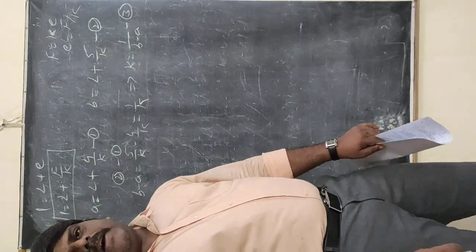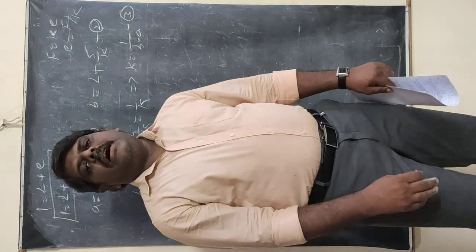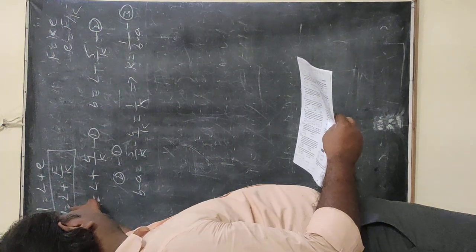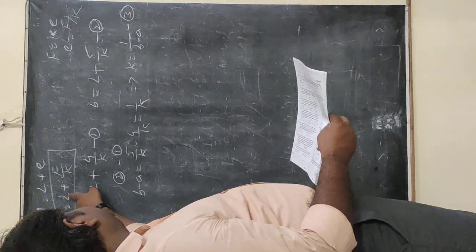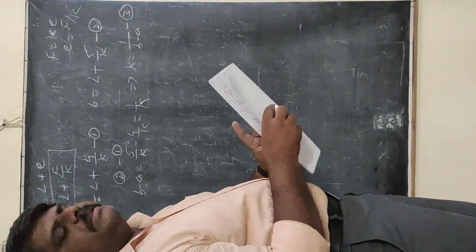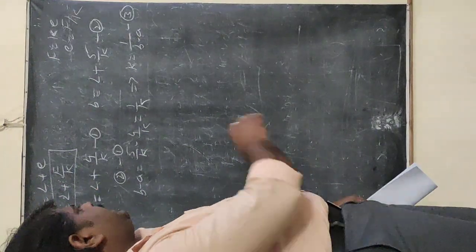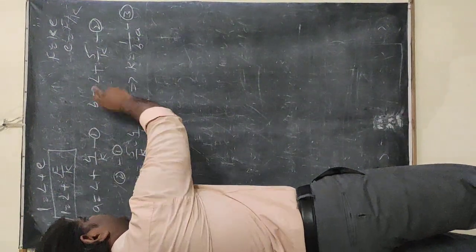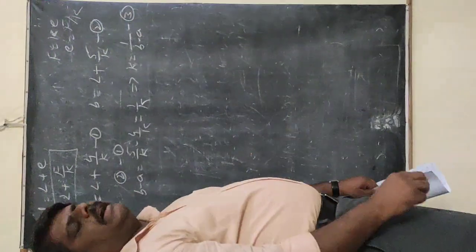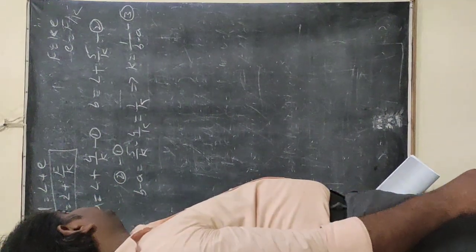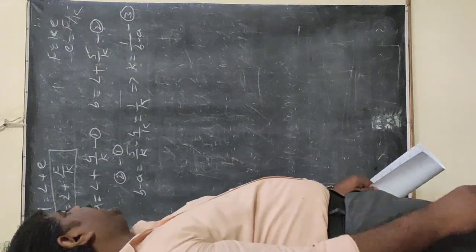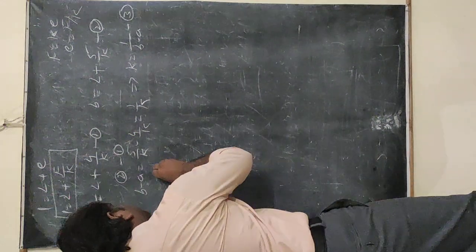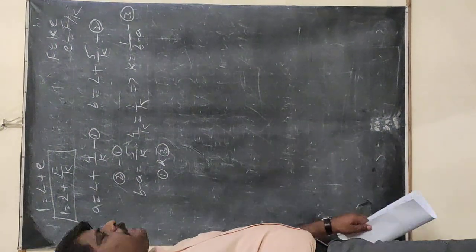And what we have to find out is the final length or the elongation when a force of 9 newtons is applied. We need the L value and the K value, because the F value of 9 is given to us. The K value is completed, and now we have to find the L value. To find L, you can use either the first or the second equation. Better that I substitute in the first equation, so I am taking the first and the third equations.